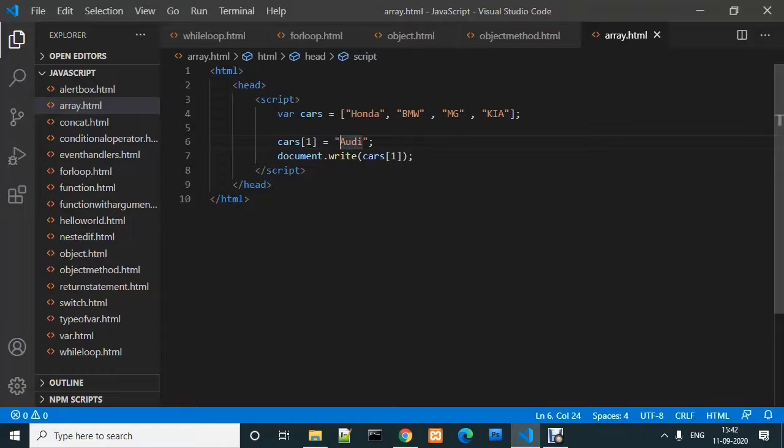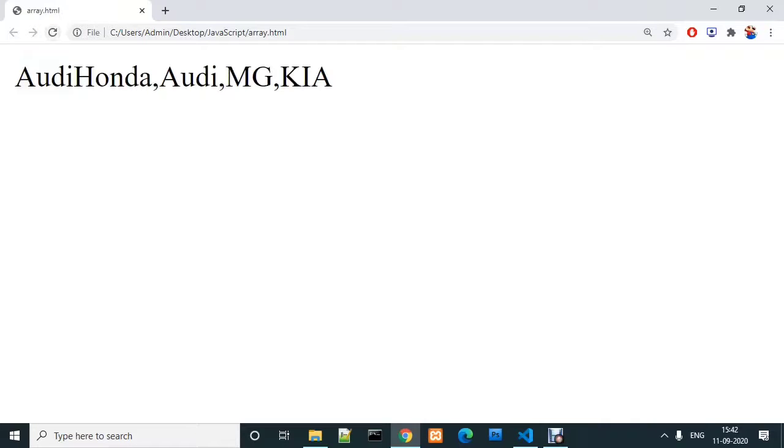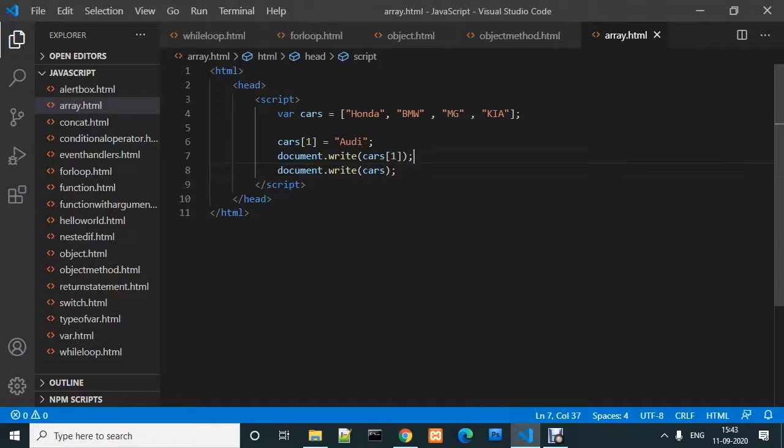Now when we try to print only the cars after this, what will happen? Now this cars array will have Audi in place of BMW. So refresh this, and now it shows Audi.